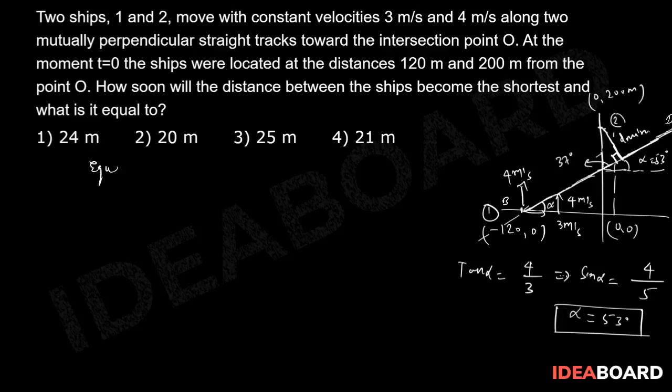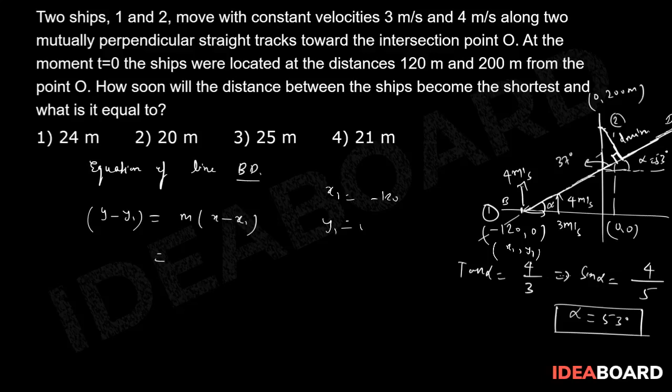So equation of line BD can be written as y minus y1 is equal to m(x minus x1). Now this point is known, so this point is (x1, y1). Here x1 is minus 120, y1 is of course 0, and the slope we calculated is 4 by 3. So clearly y minus 0 is equal to 4 by 3 (x minus 120),